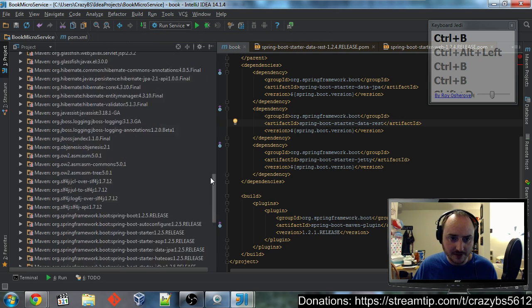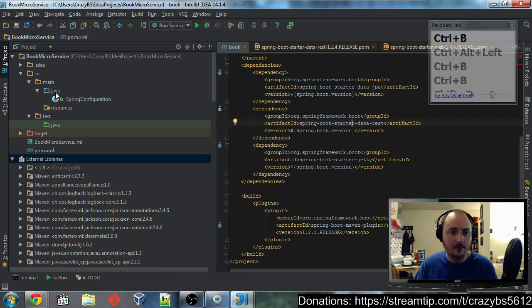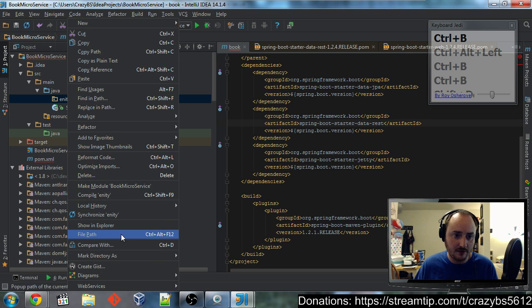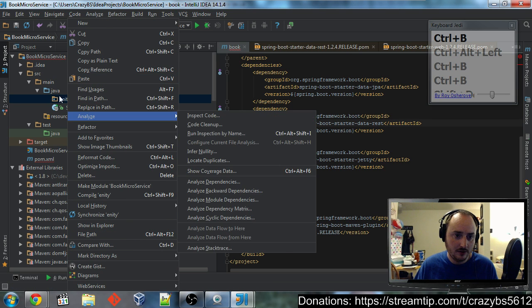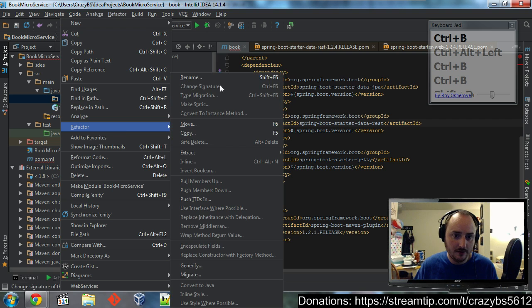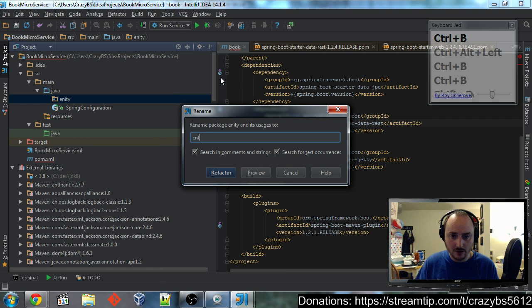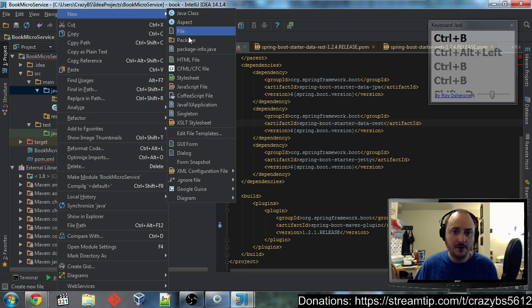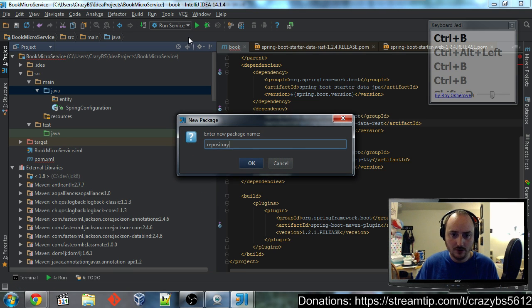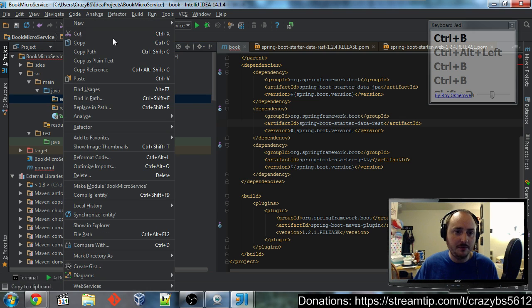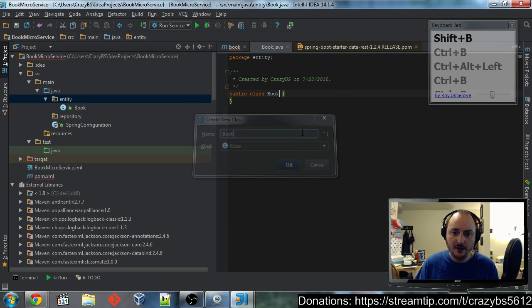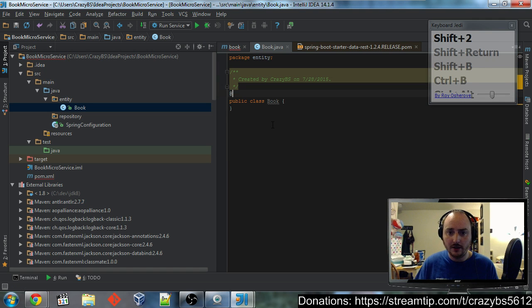Well, let's see what happens when I add an entity and a repository. I like to put these in different packages, so I'll have an entity package. Of course, spelled correctly would be nice. Entity. And we'll create another package called repository. If you've never used these before, these are really handy. So the first thing I'm going to do is I'm going to define a book. I'm going to declare this to be an entity